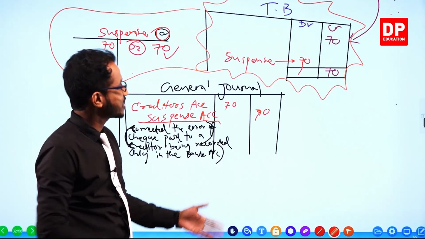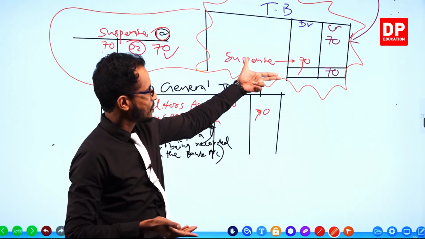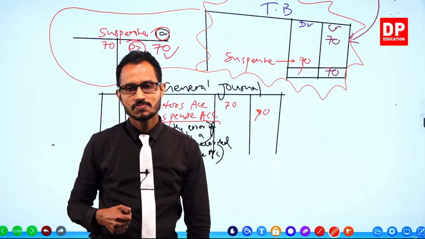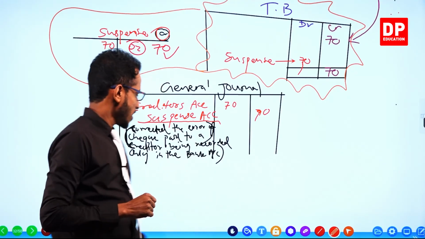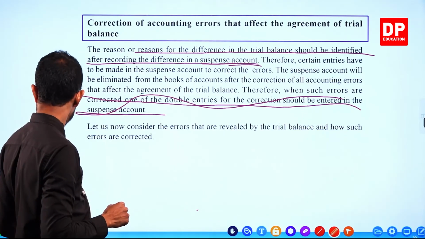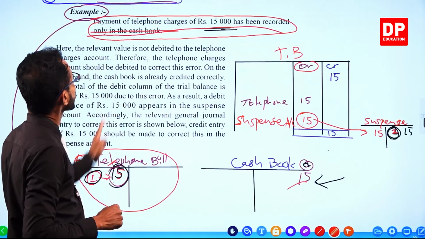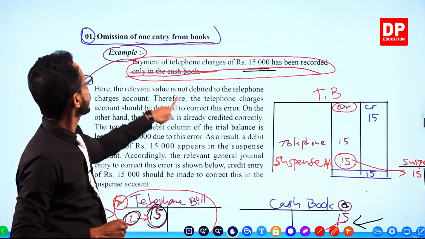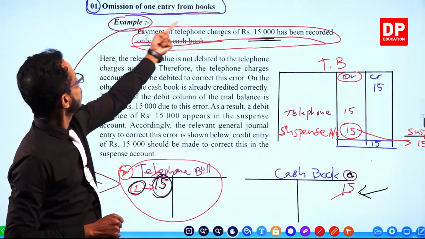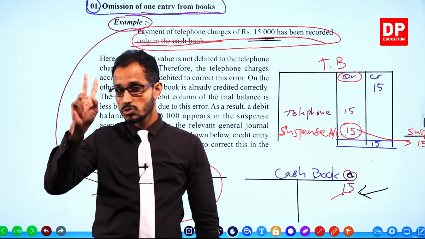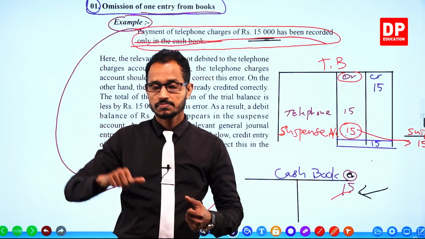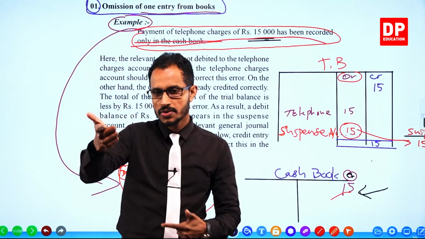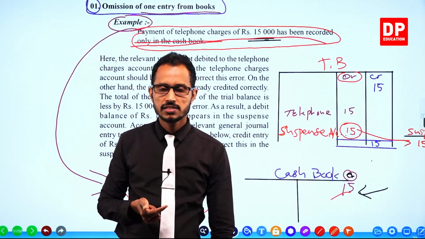Children, these are errors which affect the trial balance. We corrected one error, and that was the omission of one entry. We did 2 examples and learned how to correct it. So children, I'm going to see you with the other errors which affect the trial balance. There are 4 more